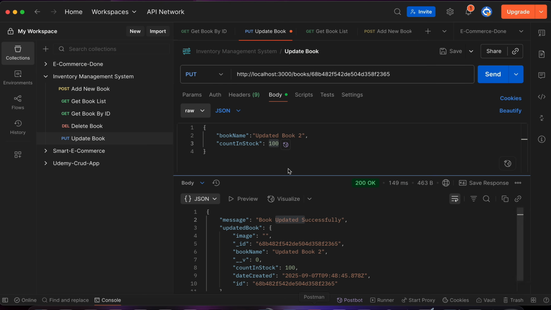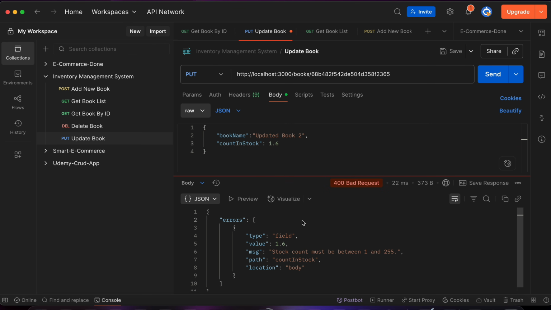So here let's go to our Postman. Let's try to update this pack with a valid ID. Make sure you get the valid ID from the pack list. Let's try to make the count in stock 1.6 and press send. Look, we got a validation error. Let's try to make it, for example, 0. We got the error here also. Let's make it